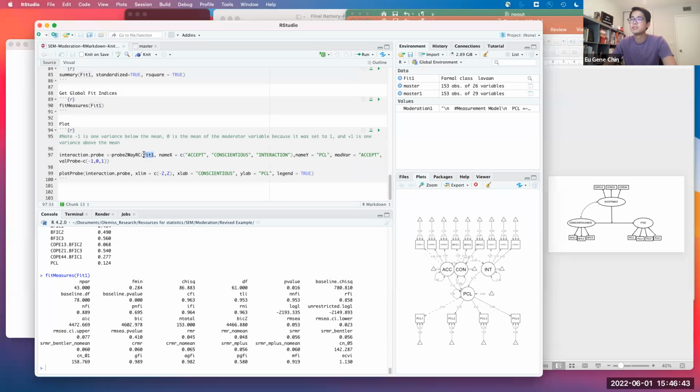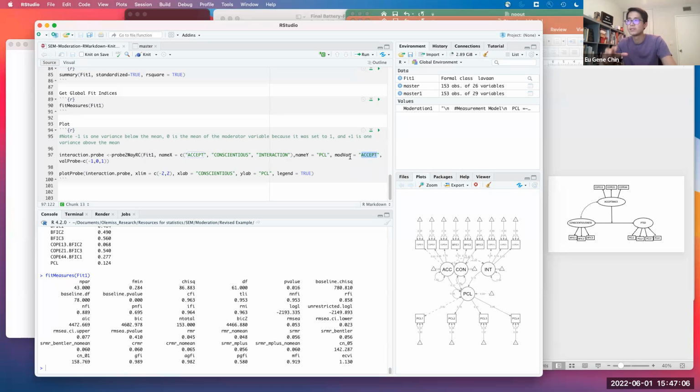Fit1 is the model that we just fit, the measurement and structural models. In terms of the predictor variables, we've got acceptance, conscientiousness, and the interaction. This is the outcome. We're going to say conceptually that the moderator variable is acceptance, given that acceptance is a coping skill, whereas conscientiousness is more like a personality trait.